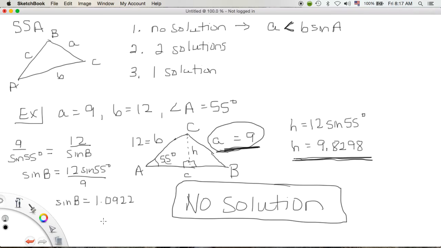What do we know about sine? It has to be between -1 and 1, so this doesn't work. So that's another way to tell you that you have no solution. All right, so what about our other